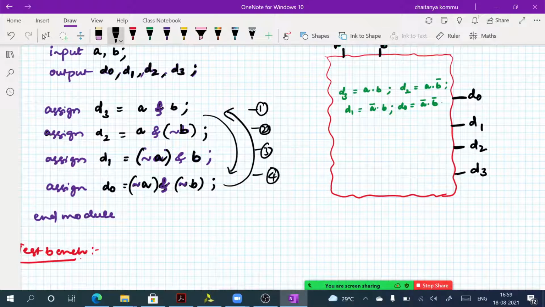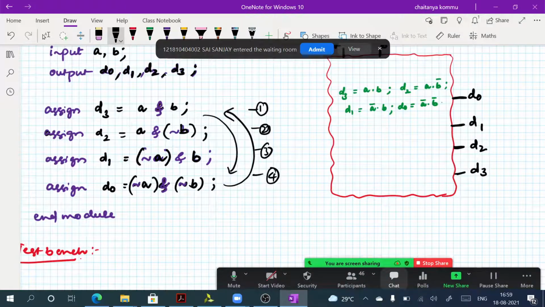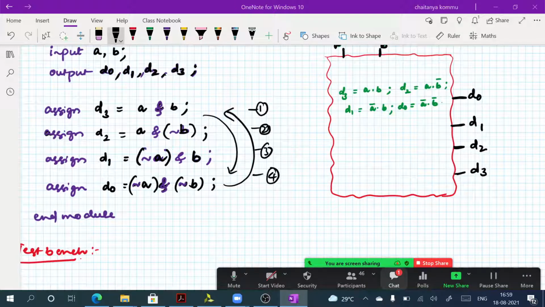So therefore, the placing of these statements is not at all important. The statement number 1 can be at 4, the 4th statement can be at 1, whatever it may be, wherever the place, it is not a matter here. The reason is that Verilog follows concurrent program execution. Order of the statements is not important.